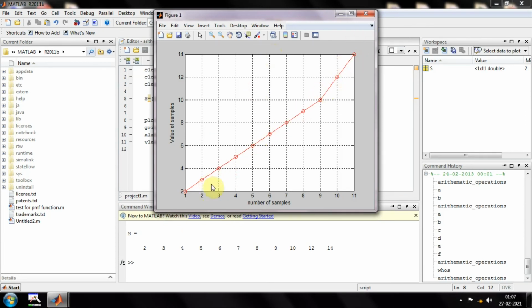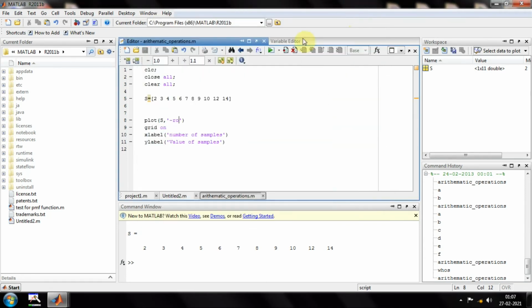It has circles, and those circles are connected with a red line. Like this you can have red, or you can change it to blue as well. So I can have a dot blue.